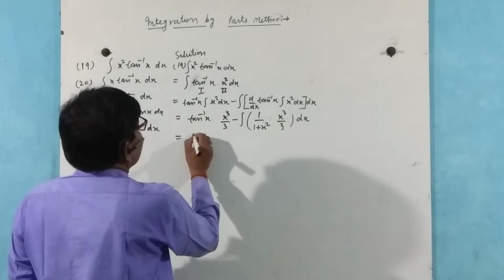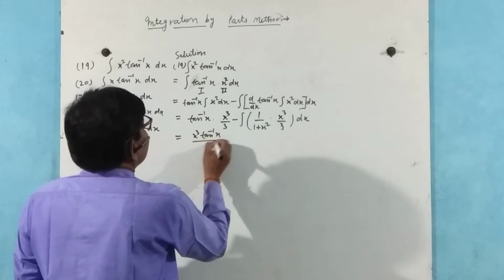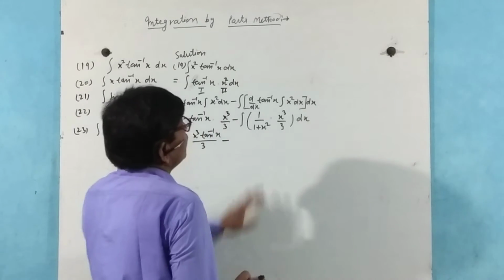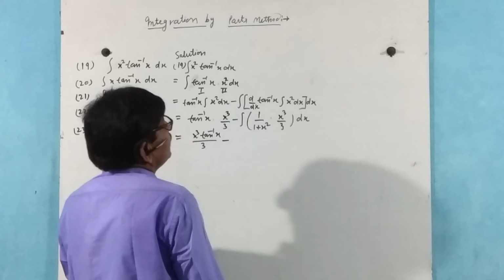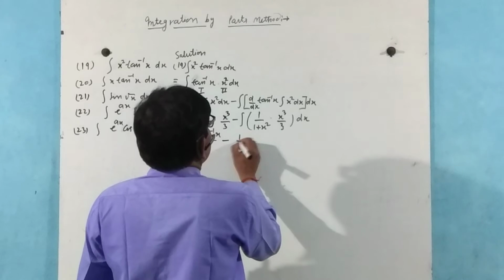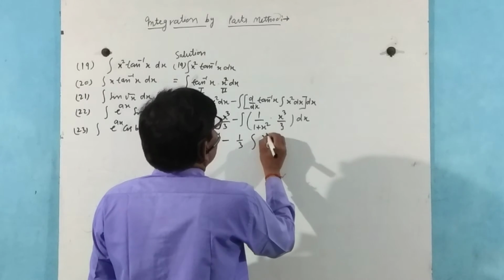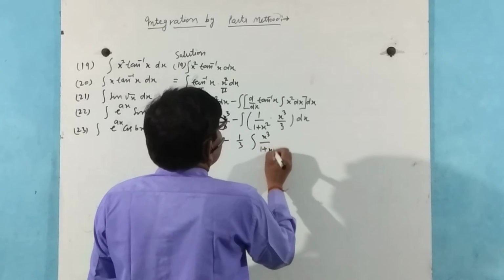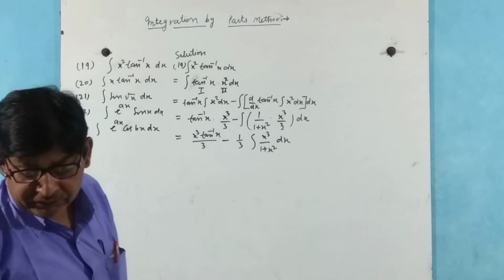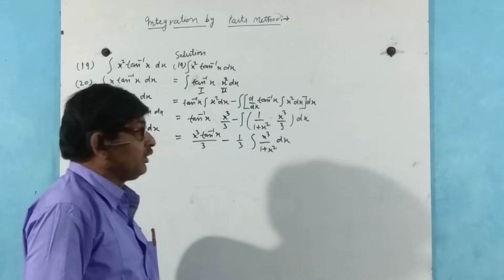Now this can be written as x cube tan inverse x by 3 minus 1 by 3 comes outside, the integration of x cube by 1 plus x square dx. The fraction x cube by 1 plus x square can be written as x minus